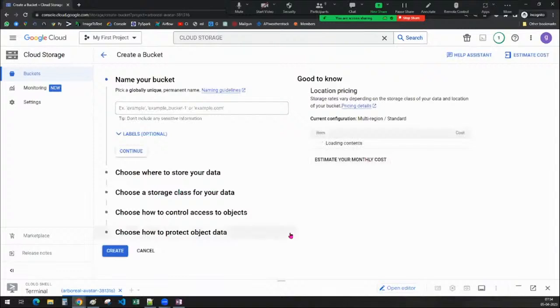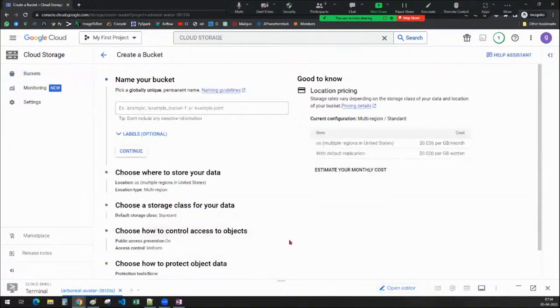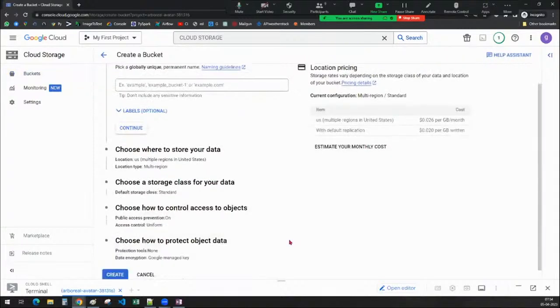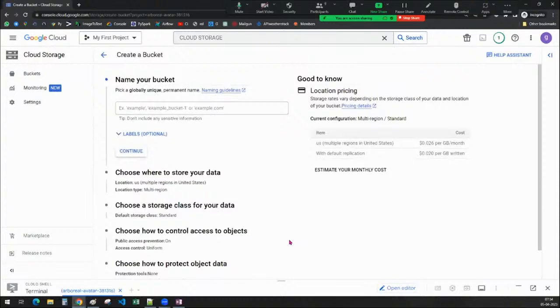When you click on create bucket, as I told you, there are a few things that we have to remember while creating a bucket. First thing, while providing a name for your bucket, we have to pick a proper globally unique name. When I say globally unique name, no one has used so far this particular name as a Google Cloud Storage